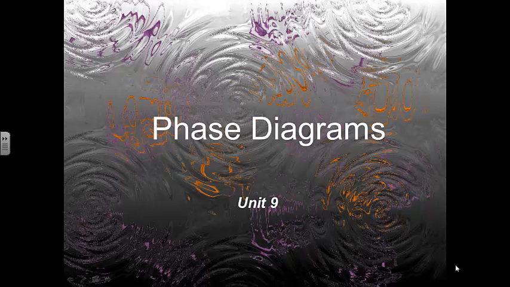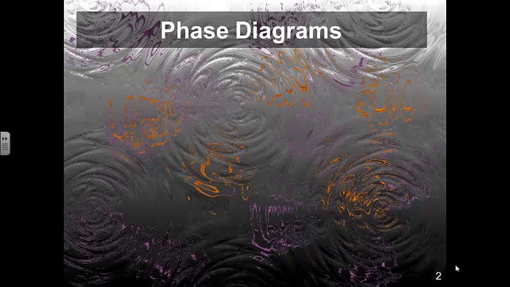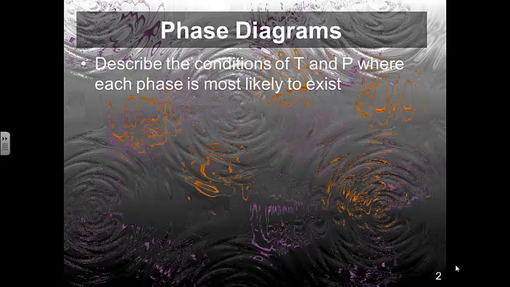Today we're going to talk about phase diagrams. A phase diagram is another kind of graph that we can use to look at the relationship between the three phases and the changes that occur between them. A phase diagram is used to describe the conditions of temperature and pressure where each phase is most likely to